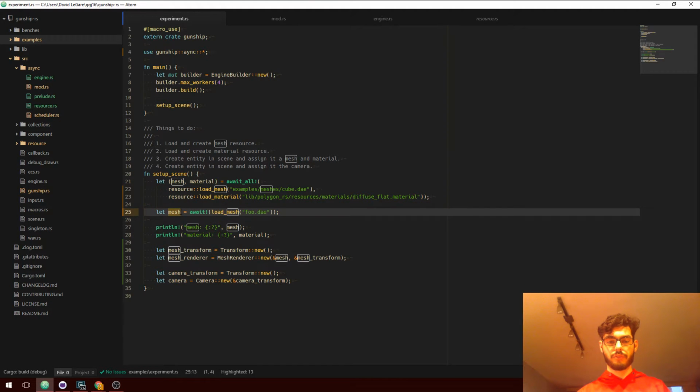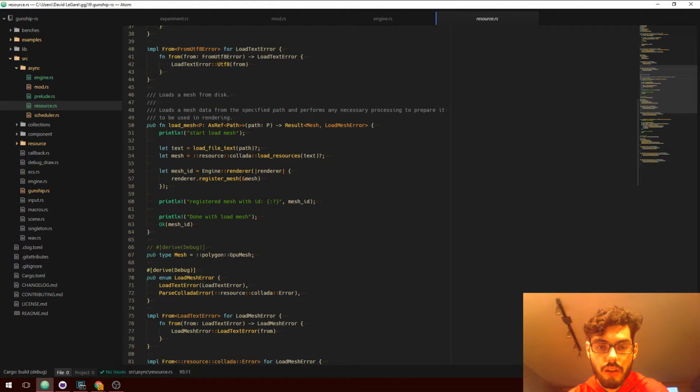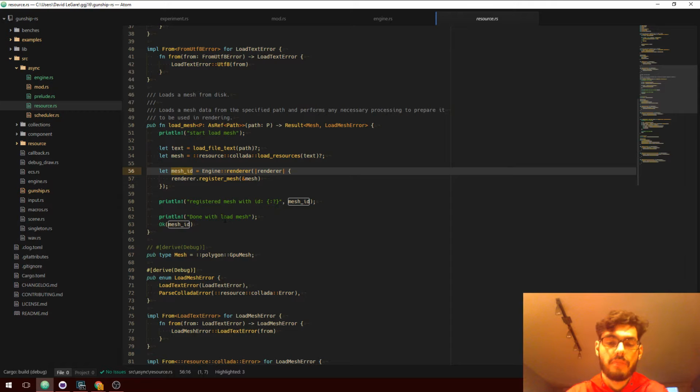What does this return? What is our type? And when does this return? In the case of the mutex version, this is actually returning the mesh ID that is provided by Polygon directly.